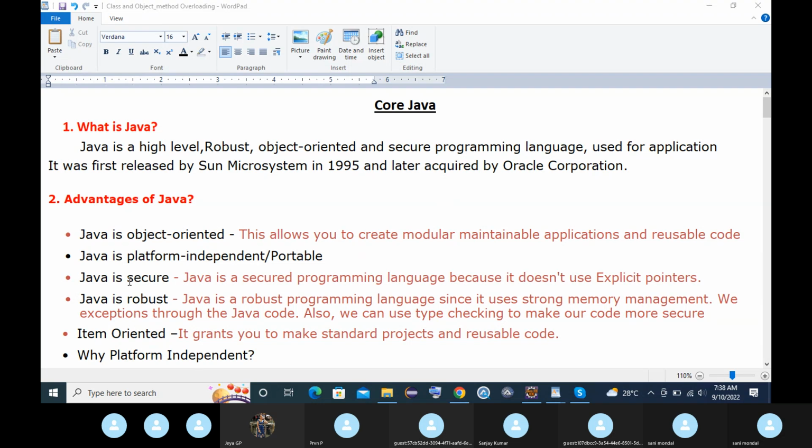What is the object oriented concept? That I will discuss just after this section. But why is Java called object oriented? Because it allows you to create modular, maintainable applications and reusable code. Now, what is the meaning of modular maintainable application? And what is the meaning of reusable code, right? So modular means